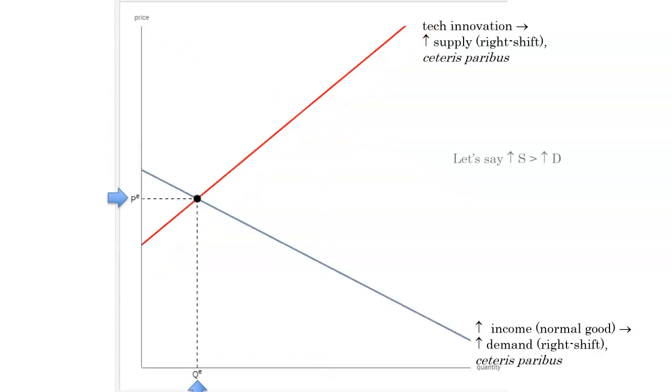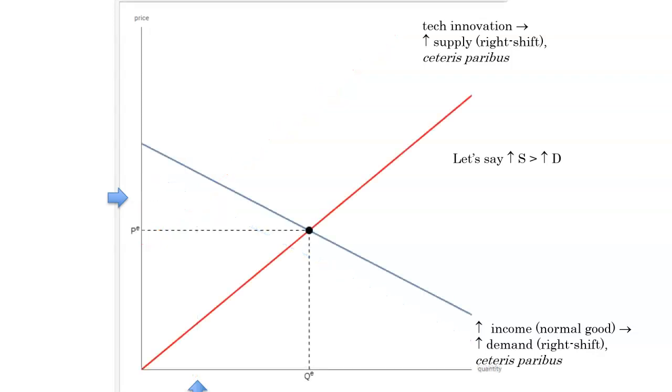But now let's say that the increase in supply is greater than the increase in demand. That's also possible. That is, the supply curve will shift to the right further than the demand curve will. In that case, we might have something like this. And in that case, we can see what's happened is that the price has fallen and the quantity bought and sold has increased. So we can see that in both of these scenarios, the quantity has increased, but what happened to the price? Well, it could go up and it could go down.